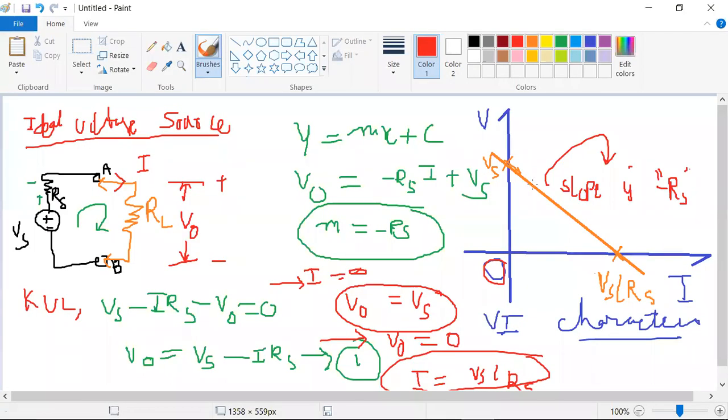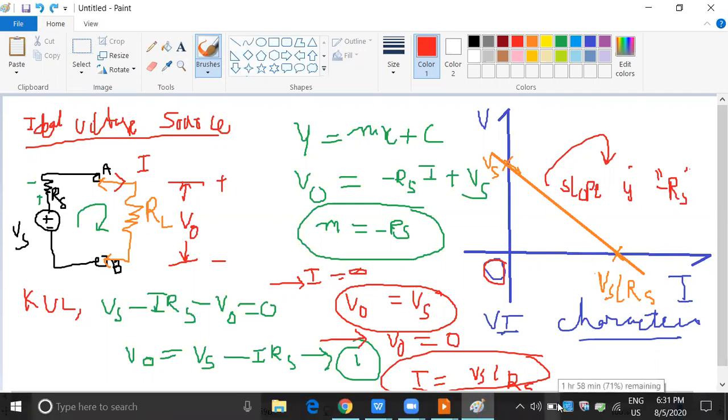If you observe this slope, as the value of current increases, the terminal voltage decreases. If you observe this point, you will understand. This comes from the category of practical voltage source. Whatever I am discussing is the practical voltage source. Now coming to the ideal voltage source,